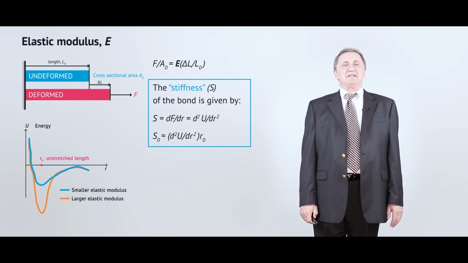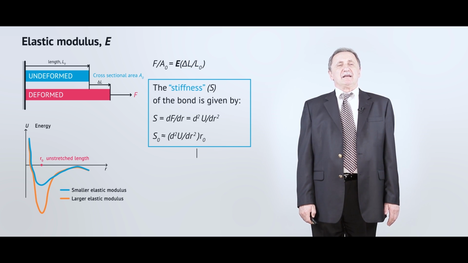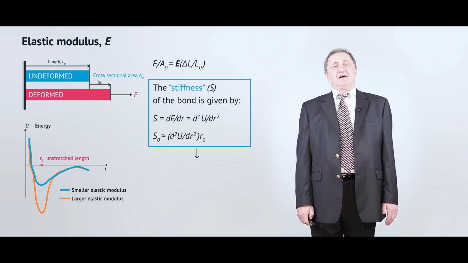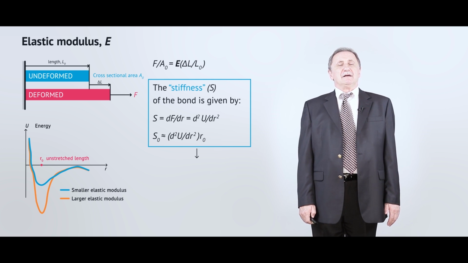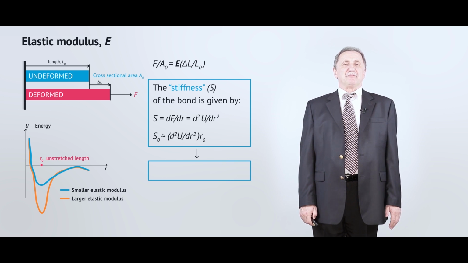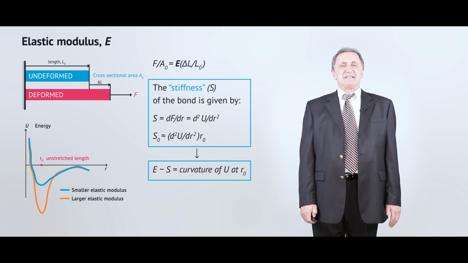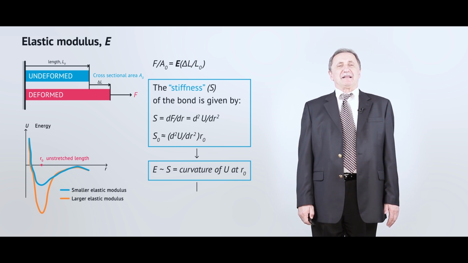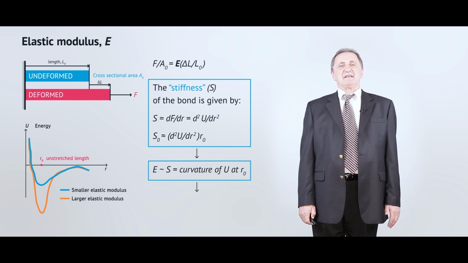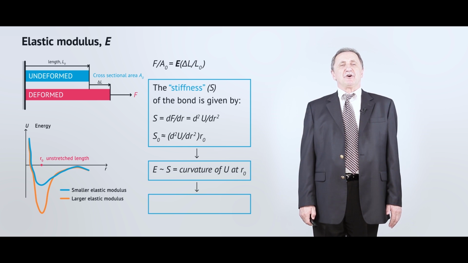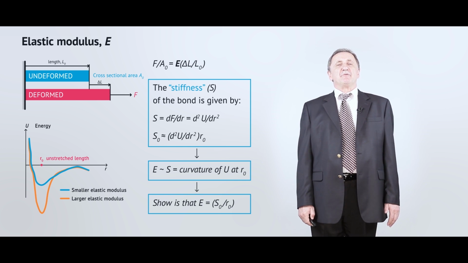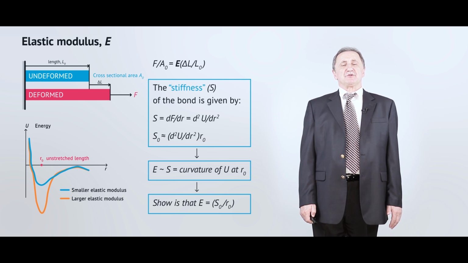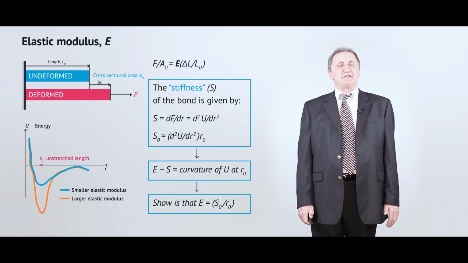So now you know that indeed the elastic modulus is defined by the atomic level of structure of the material. More specifically, if you have the characteristic energy potential for this kind of material, you have to take the second derivative of this curve at the equilibrium point, and the elastic modulus will be proportional to this second derivative.